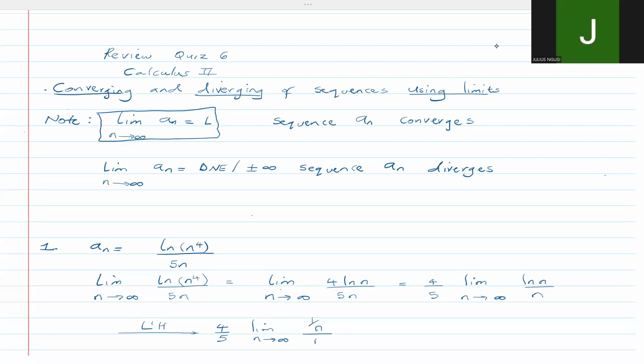So welcome to review quiz 6 of Calculus 2, a topic of converging and diverging of sequences using limits. So we will note this limit as a sequence n